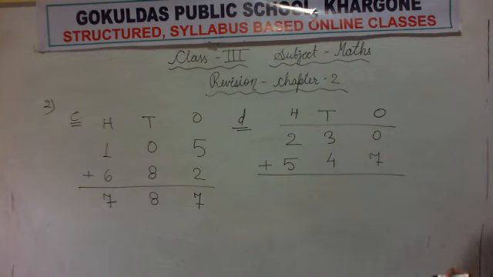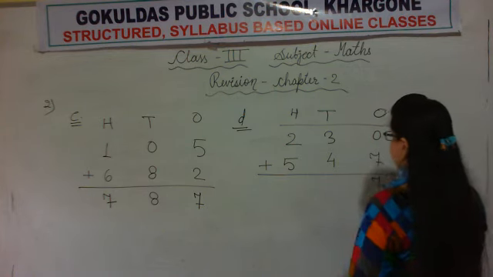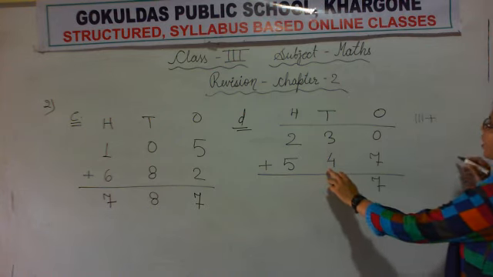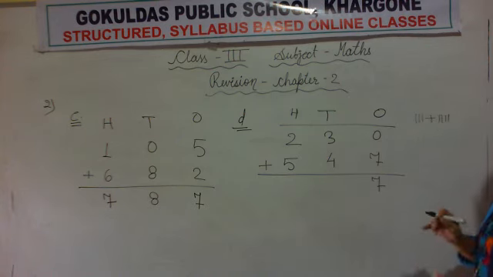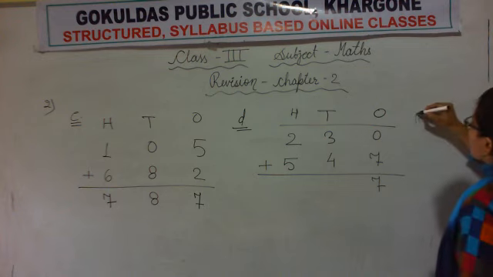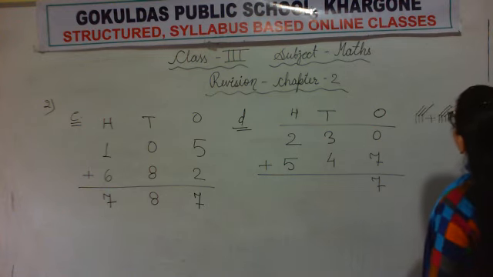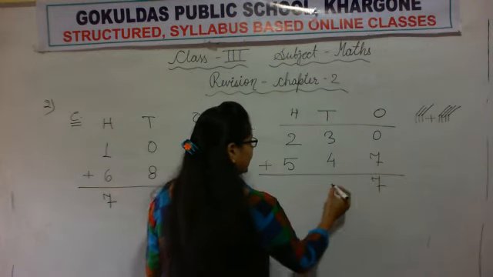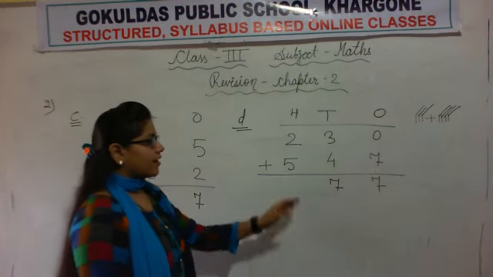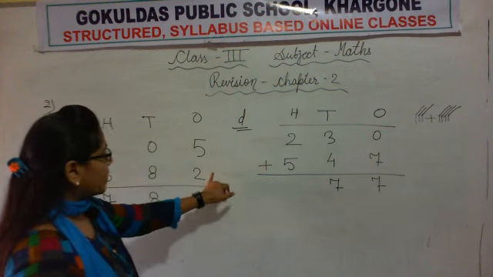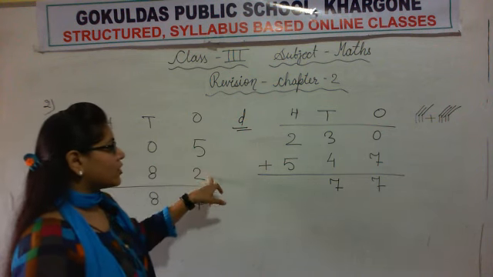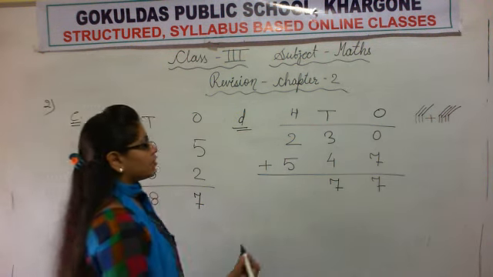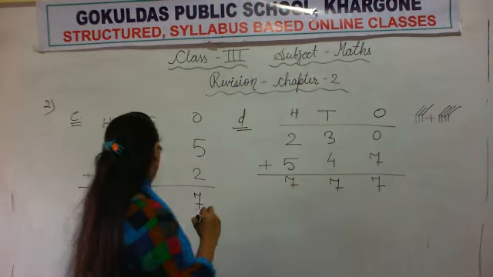Now 0 plus 7 is equal to 7. 3 plus 4. So we will draw 3 sticks and we will draw 4 sticks. Now let's count how many sticks in all. 1, 2, 3, 4, 5, 6, 7 sticks. So we will write the number 7 here. Now 2 plus 5. We added 5 plus 2, so 5 plus 2 is equal to 2 plus 5, and that is equal to 7. So we will write the number 7 here.